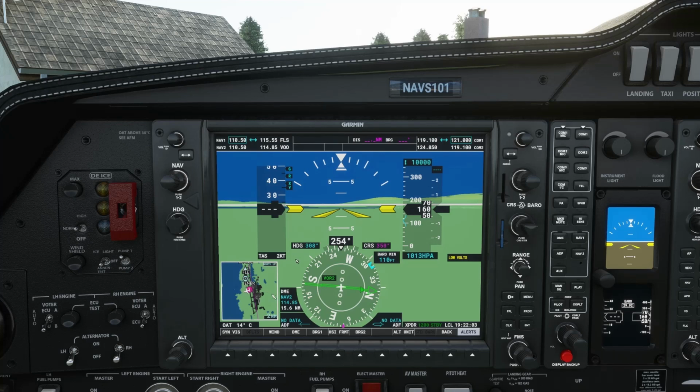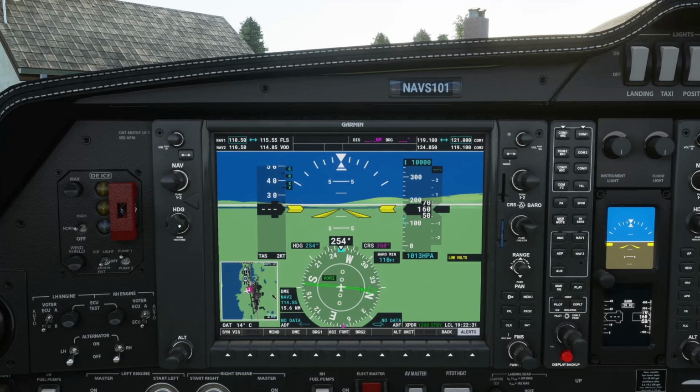So you can see other bits of information here. You can see your heading there, 254, and we can tune our heading as you would expect using this dial here. We can turn that to the correct heading or to wherever we want to go. But there is a shortcut, the course button there.